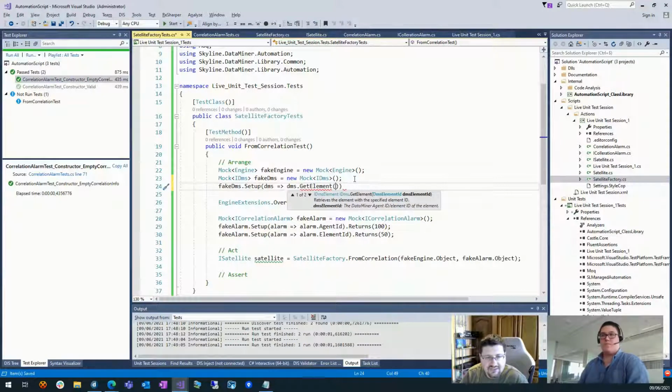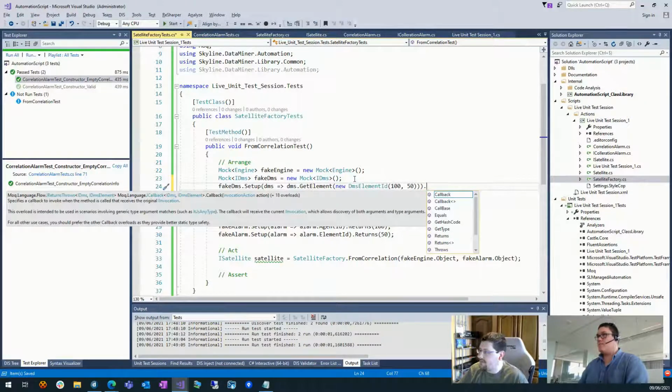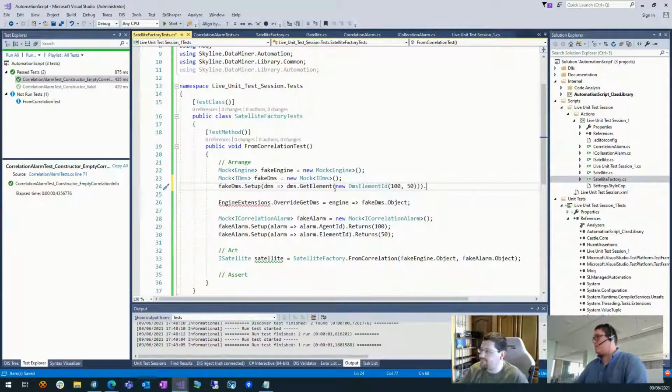And doing that, we will say a new DmsElementId, because it's a struct. So it works very similar to a string or an integer. So for the DmsElementId, we can just do a new of that and provide it 150, 50. Yeah, excellent. So let me see. Am I missing something here?